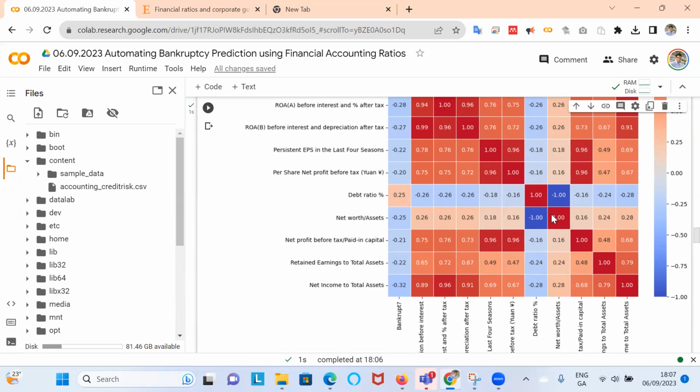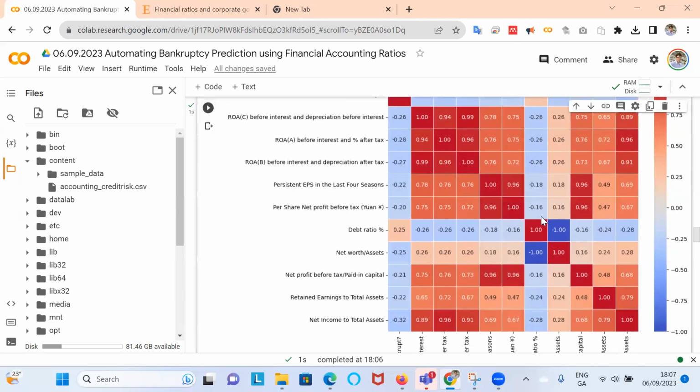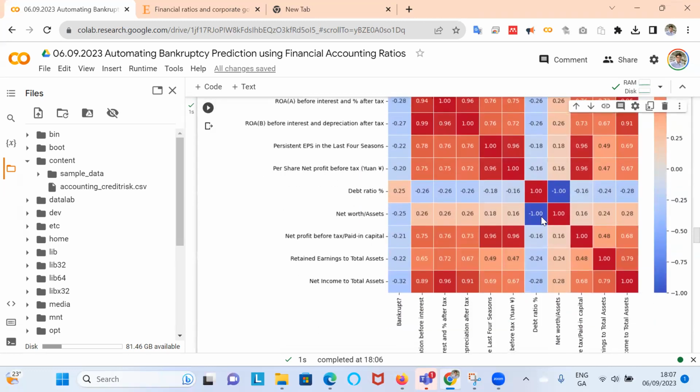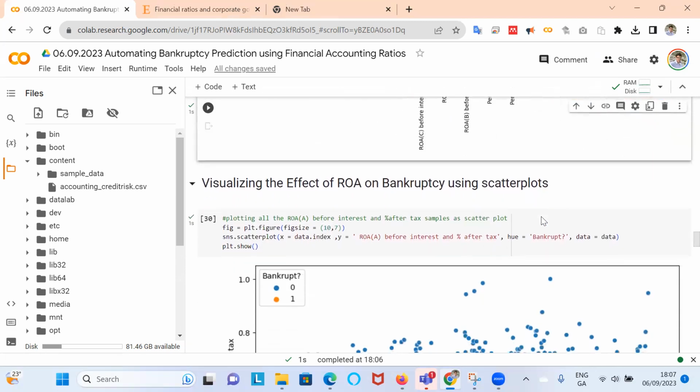With that -1 and 1. But at least we have something that might indicate in a very intuitive fashion what might be driving bankruptcy. And it might be useful to visualize.